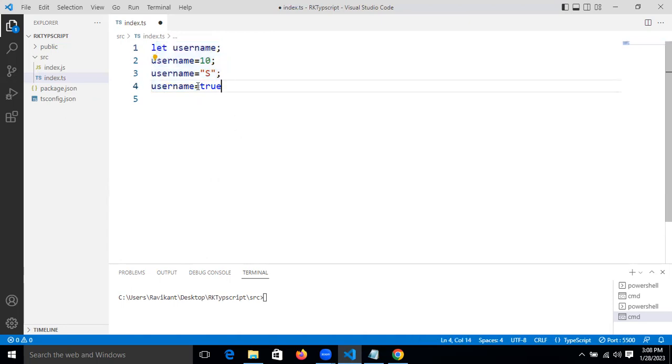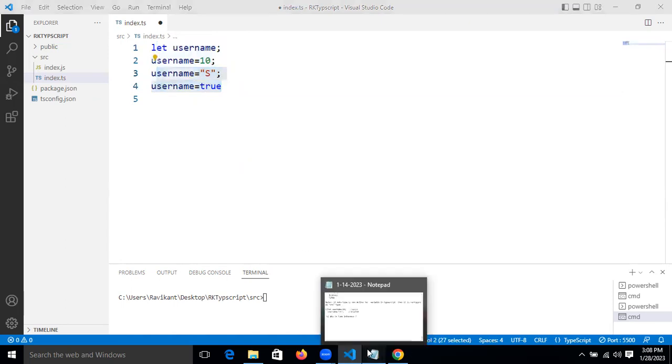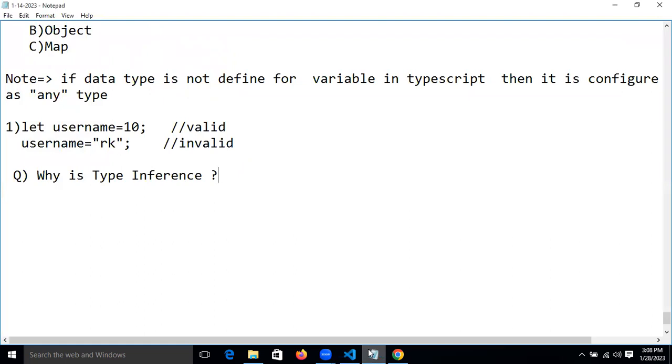According to your choice, you are storing the data in the variable, even though TypeScript is strictly typed. Then our question is, why type inference? So the answer is, it is a technique of